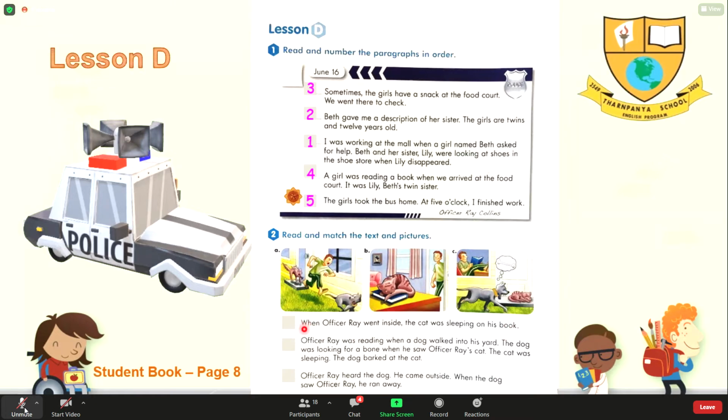Let's take a look at the other one. Let's read together, okay? I'm going to read first and you're going to read after me. All right? So, listen and repeat. Officer Ray was reading when a dog walked into his yard. Can you read now? Officer Ray